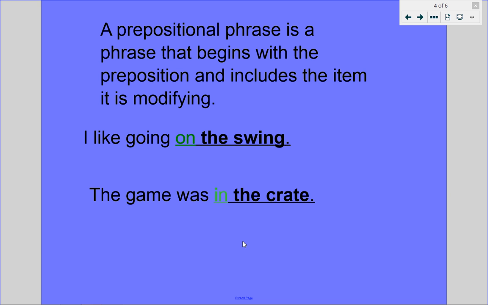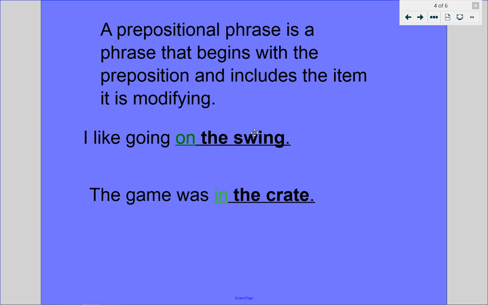Okay? We can look at lots of different examples like that. I know in both the book and in different forms that I've sent you, you have examples of these things going on. Okay? So a prepositional phrase starts with a preposition and it goes on through the object that it's